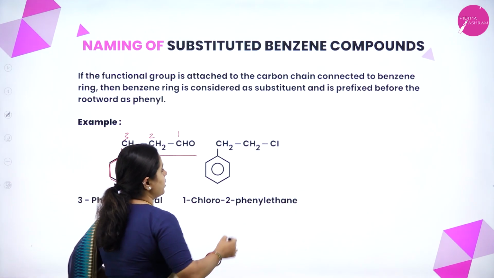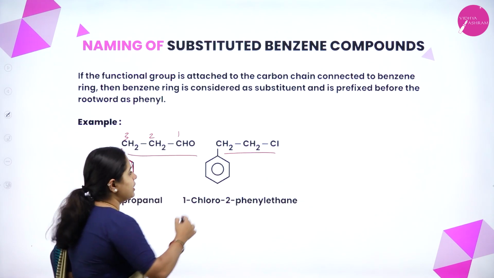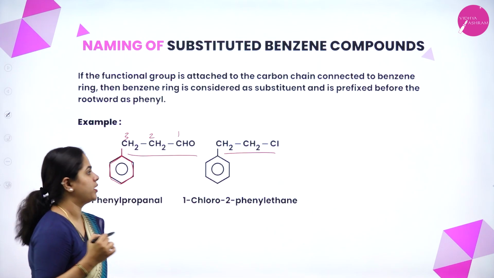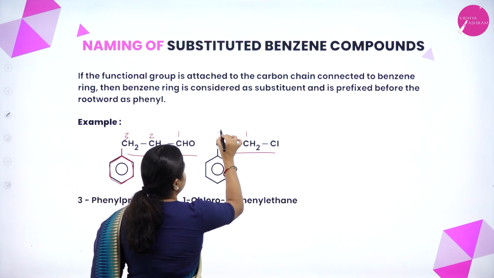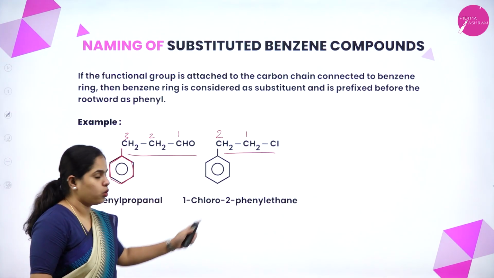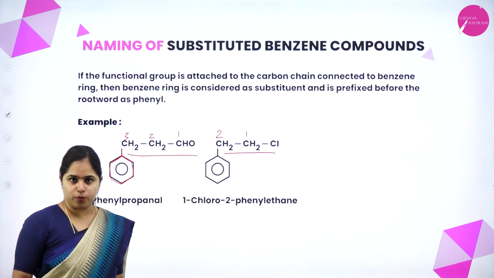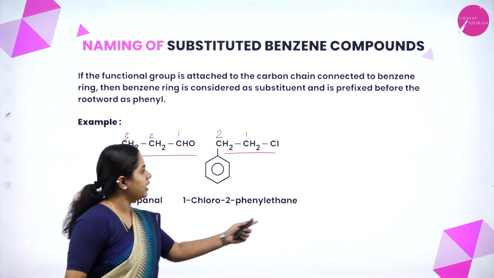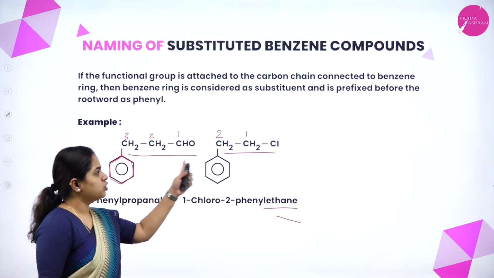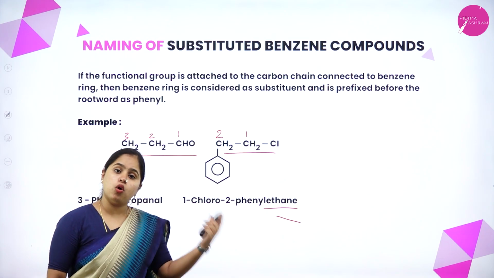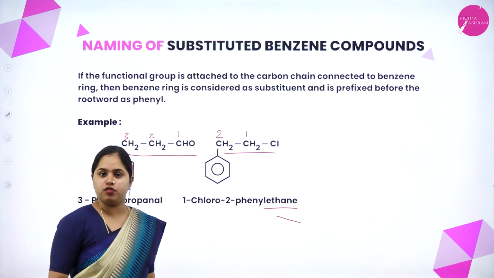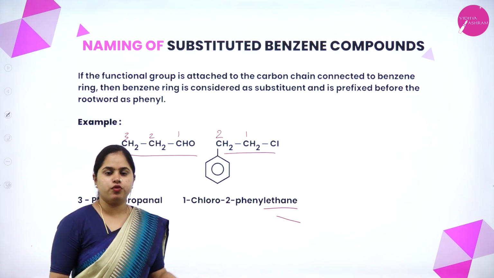Moving on to the next one. Again, this is your principal chain, and then on this carbon atom you have a benzene group. Now that is considered as the substituent. Okay, so on the first carbon atom we have the chlorine attached, so 1 chloro. And on the second one, the phenyl group is there. So 1 chloro, 2 phenyl, and it is ethane, right? Any other functional group? No. So it is 1 chloro, 2 phenyl, ethane. Why exactly in this order? Right. C comes first, then P in the alphabetical order. So 1 chloro, 2 phenyl, ethane.